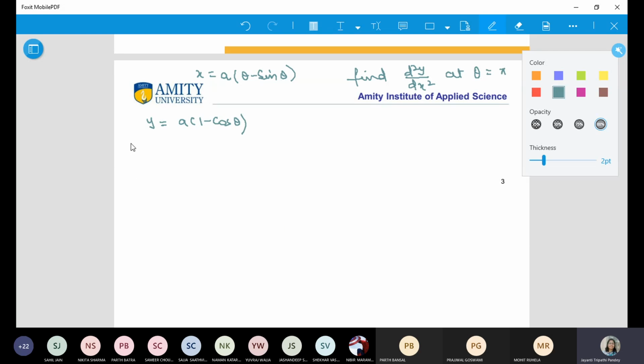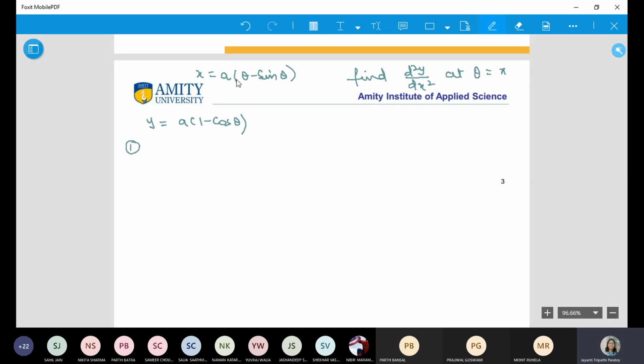Okay, I will explain a few things. First thing, when you have an equation in parametric form, is this in parametric form? Yes or no? Yes, you can understand that x is some function of theta and y is also some other function. If I mark it as g1 and I mark it as g2, then y is also some function of theta, and you are interested in finding d2y by dx square. So first of all we need to find dy by dx, right? So dy by dx is dy by d theta upon dx by d theta. Yes or no?